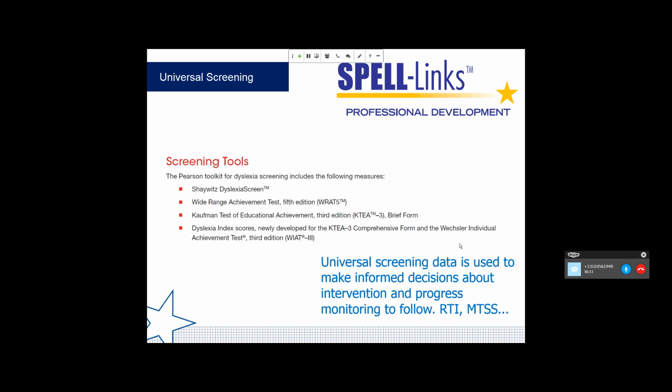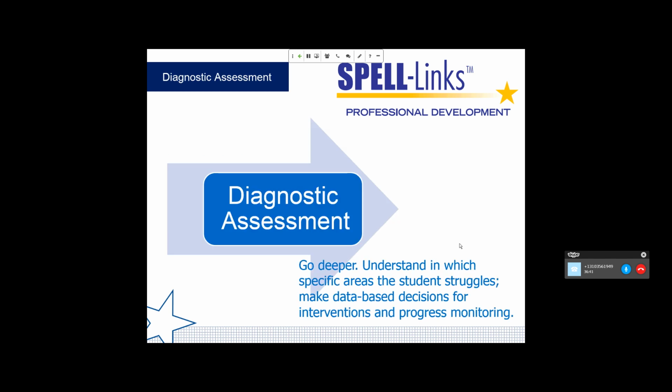And that's all very important, the intervention and progress monitoring, to help us identify those students who truly do have dyslexia versus students who maybe have something we might call dyslexia but have some other reason. Perhaps they come from a print poor environment. And so by putting them into this intervention, we can help to identify those students who need further intervention. But at some point along that way of intervention and progress monitoring, we're going to get those students who clearly are not responding to intervention. And so we'll need to go into the diagnostic assessment.